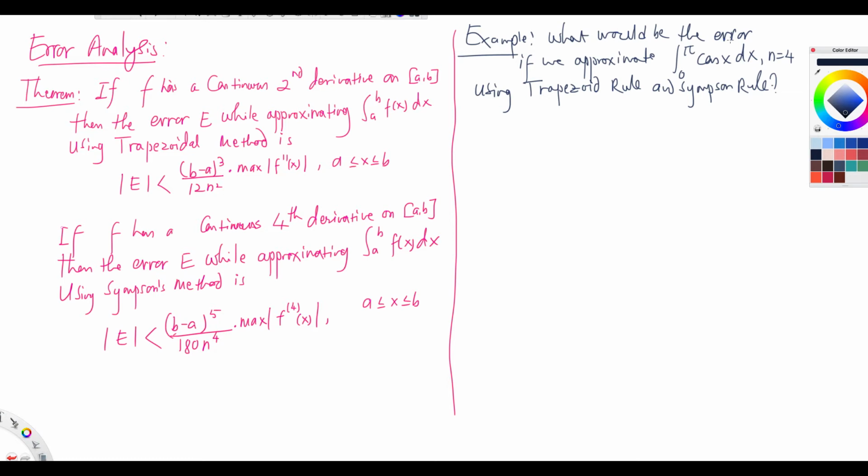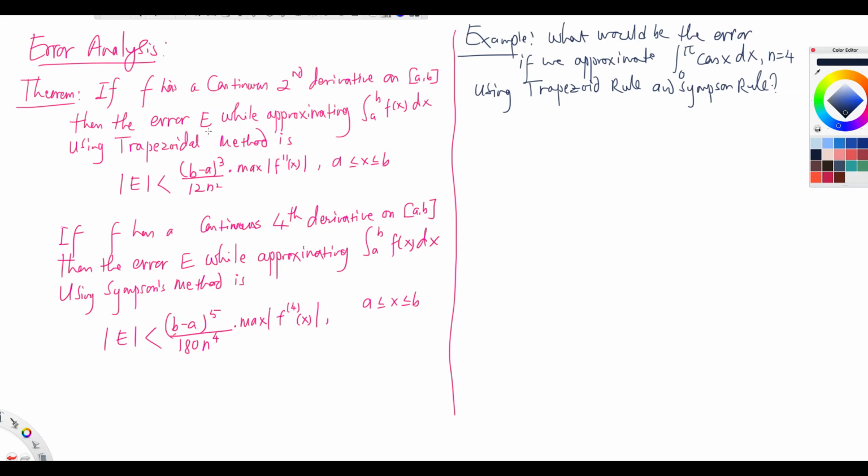I'm not going to prove the theorem, but I'm going to state the theorem and I'll show you some examples. The theorem says that if f has a continuous second derivative on the interval [a, b],